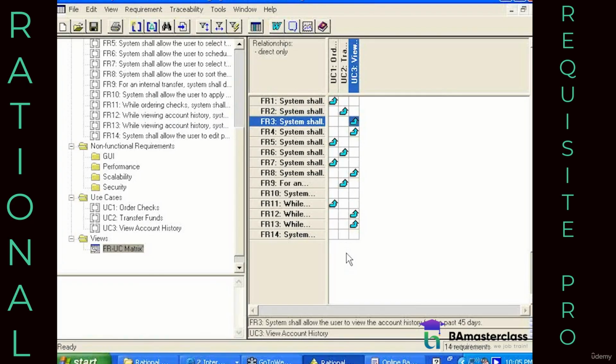The answer is, traceability is connecting requirements to the use cases,